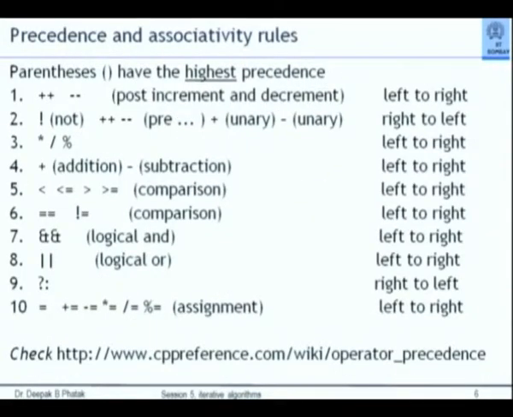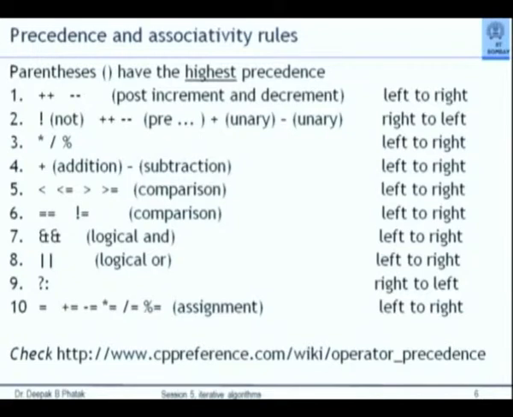Here is the table of all precedences. You need not copy this down. I have given a source. There is an internet source where this table is given. Most of the C++ books will give this detailed table. Other tables in the books may not be as exhaustive. There is indeed one operator here which we have not yet seen, which is called the question mark operator. Observe at number 9, question mark colon. Who is this fellow? We don't know. We will not bother about it right now. At an appropriate point, we will discuss that.